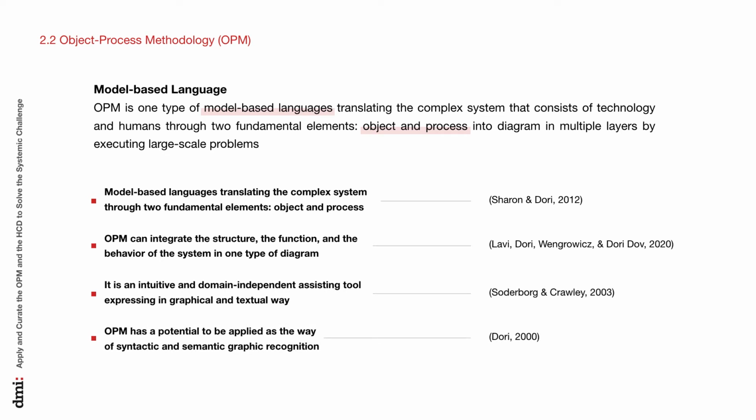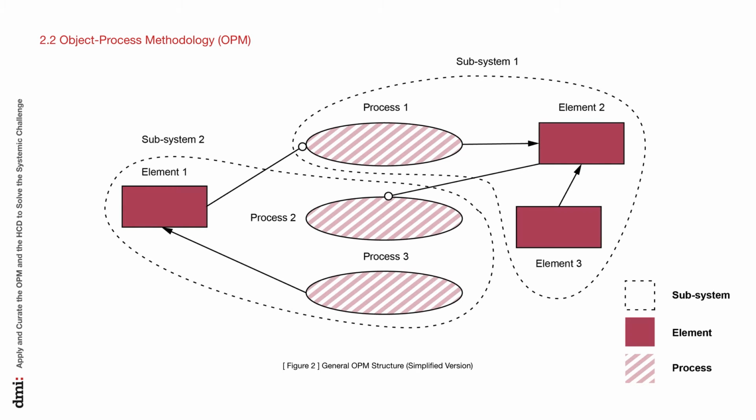OPM is one type of model-based language translating a complex system that consists of technology and humans, through two fundamental elements, object and process, into diagrams in multiple layers to address large-scale problems. Figure 2 shows the general and simplified version of the OPM structure in a graphical way. In Figure 2, one can view the whole diagram as one big system, which